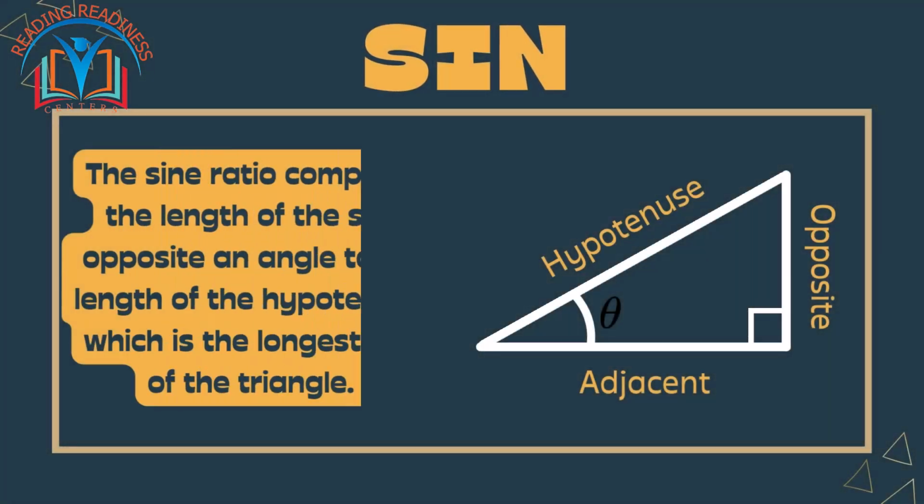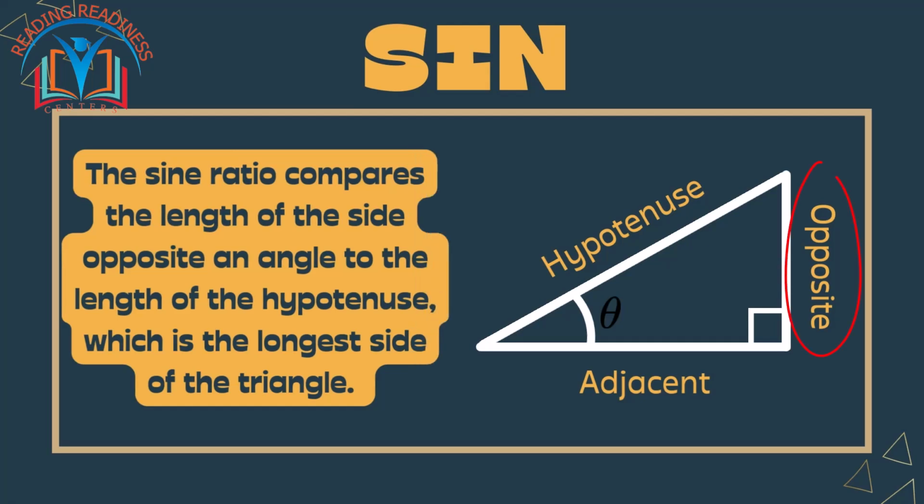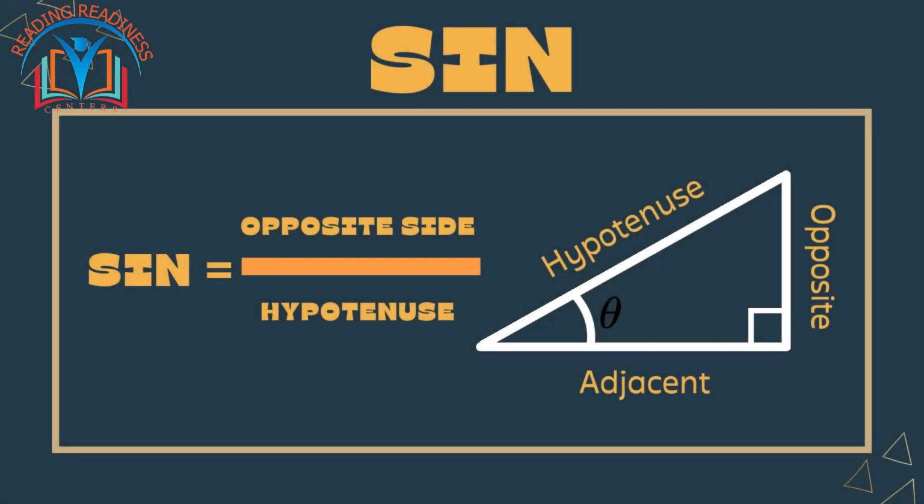Sine. The sine ratio compares the length of the side opposite an angle to the length of the hypotenuse, which is the longest side of the triangle. The formula for sine is